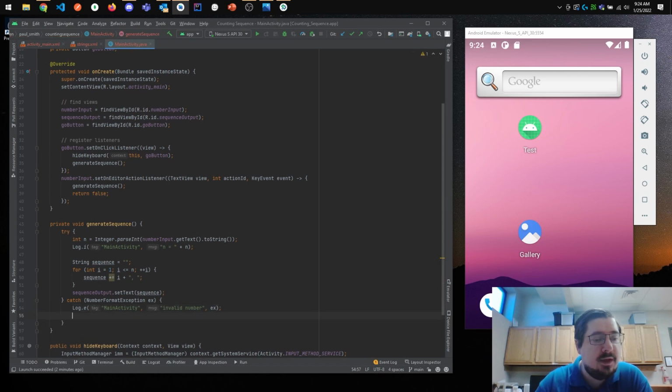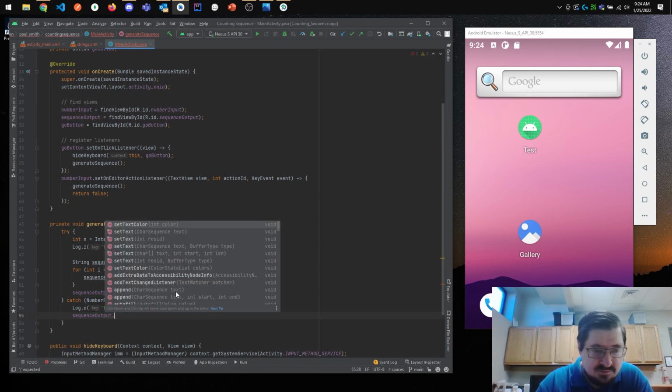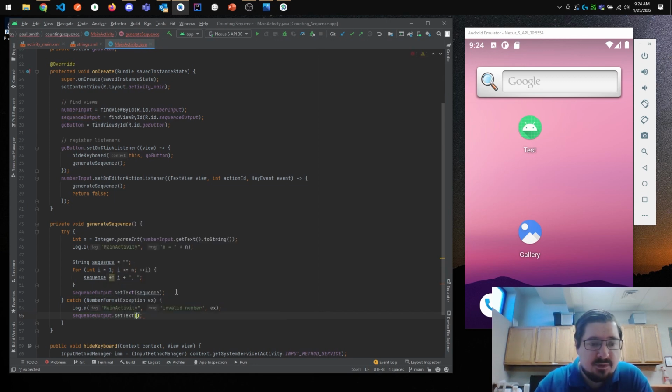So we're going to log all that, and then as far as the user is concerned, we're going to say sequence output dot set text, and we're going to set it to the text invalid number,